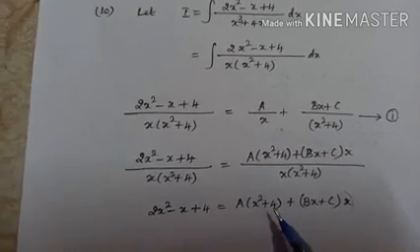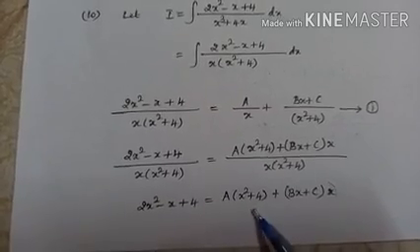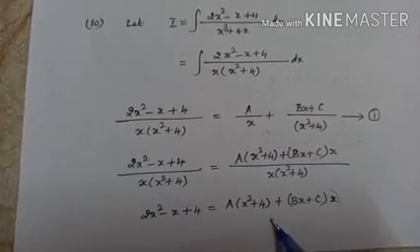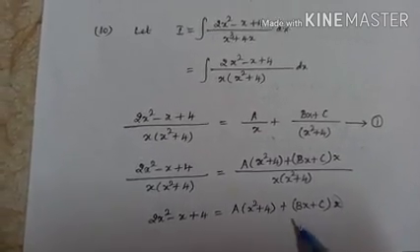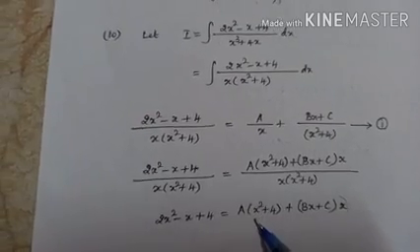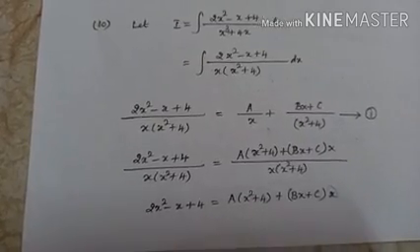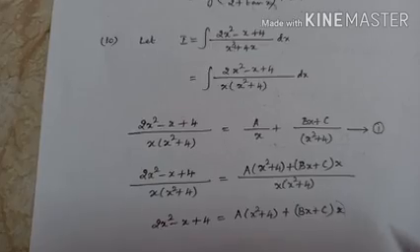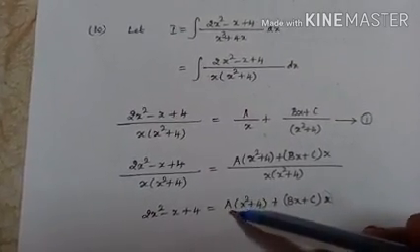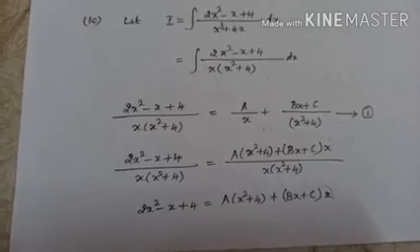Anyhow, we know there are many methods to find A, B, C: equating coefficients method, giving values to x method, otherwise solving equations. That's what we are going to do now. Give some other value to x. Since there are 3 unknowns, we need 3 equations. When x is 0, this term will become 0, and you can get A. To find the values of B and C, two unknowns, we need two equations.